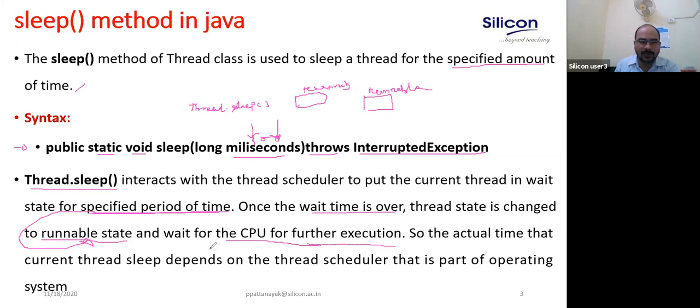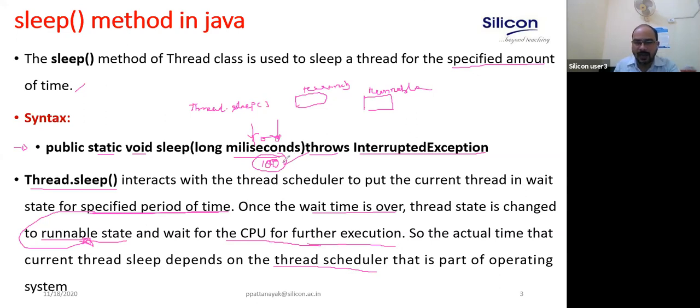The actual time that the current thread sleeps depends on the thread scheduler. You cannot expect that if I block this thread for 100 milliseconds, then after 100 milliseconds the thread will start executing. No, after 100 milliseconds the blocked thread comes to the runnable state. So it depends on the processor availability. Once the thread scheduler schedules this thread, only then will it get a chance to use the processor.